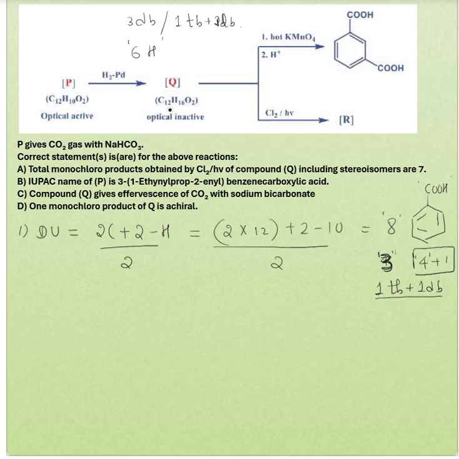Now for more information, what we can do is go through the options given here. The total monochloro products obtained by chlorination of compound Q gives 7 isomers. We don't know this because we don't even know the structure of Q. Moving on to option B, the IUPAC name of P. Okay, they have given some name. Can we consider that as our molecule P